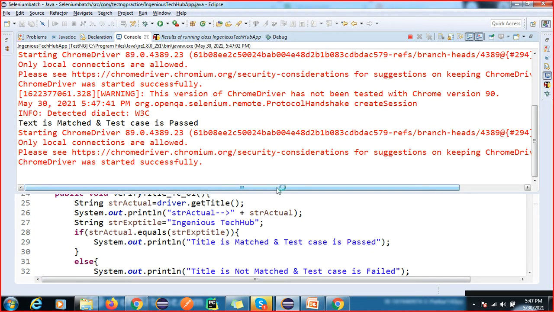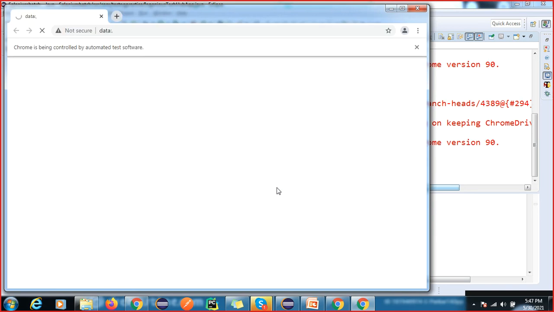Okay, you can see the test is executing, and another one is executing.